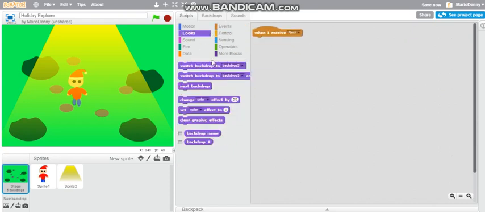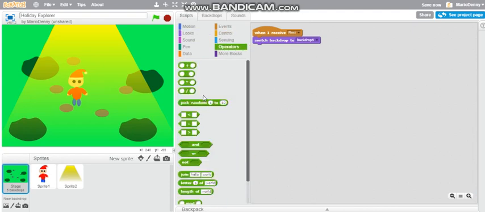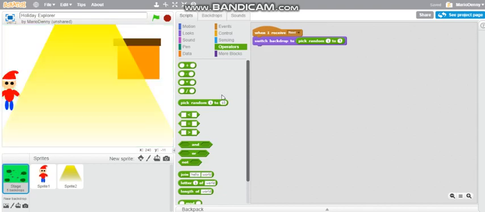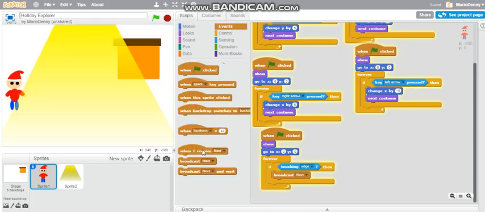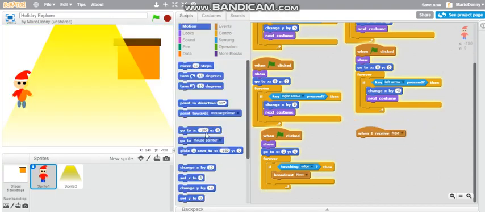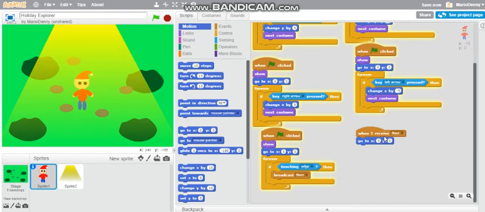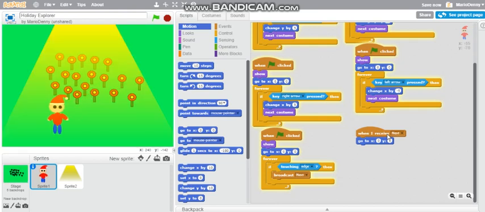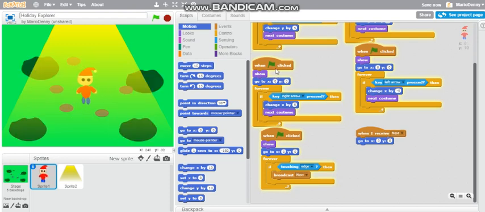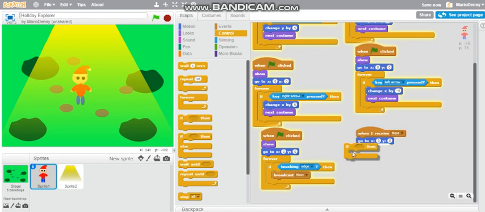And let's go to the background section and switch background, pick random 1 through 5. So this is what it will be like. It's stuck because I haven't made something that makes him go back to the center. So now it'll take him to a random place. And eventually, we're gonna make it so that way,